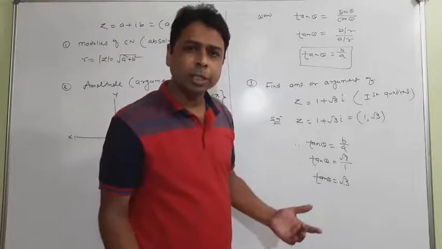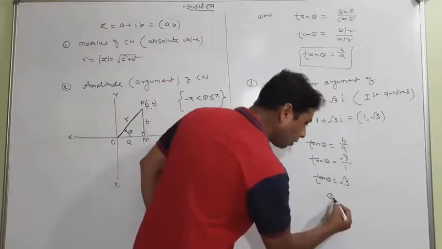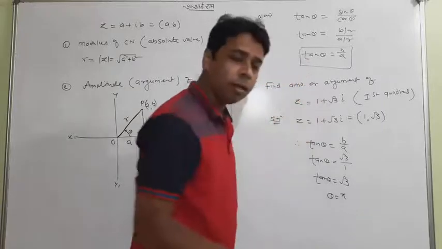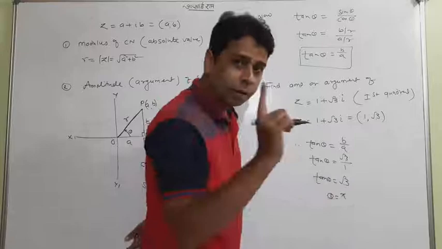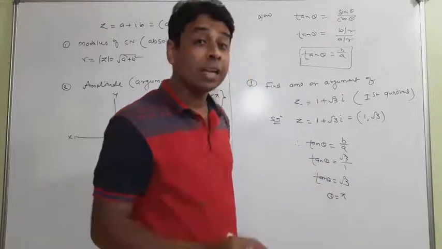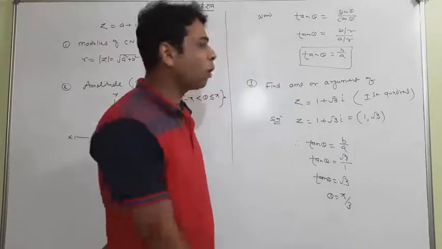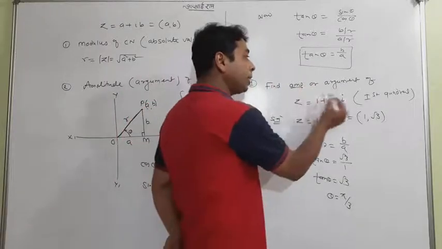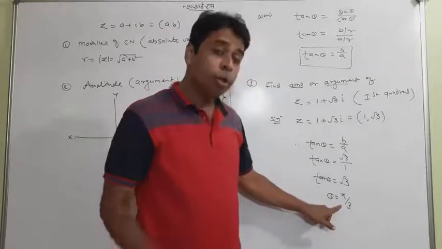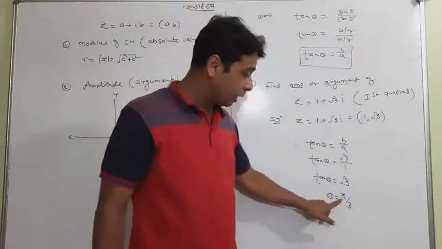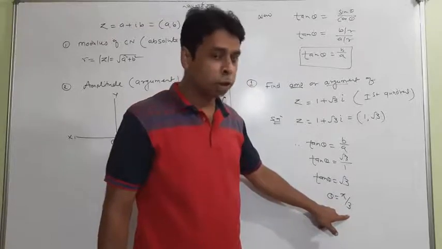By the trigonometric table, you know tan theta equals root 3. Theta is equal to what degree? It is 60 degrees. Tan 60 is equal to root 3. Always give the answer in radian format, meaning theta equals pi by 3, and that is your amplitude, your argument of the complex number. And this time, look, student, theta is pi by 3, meaning 60 degrees, meaning acute and positive.